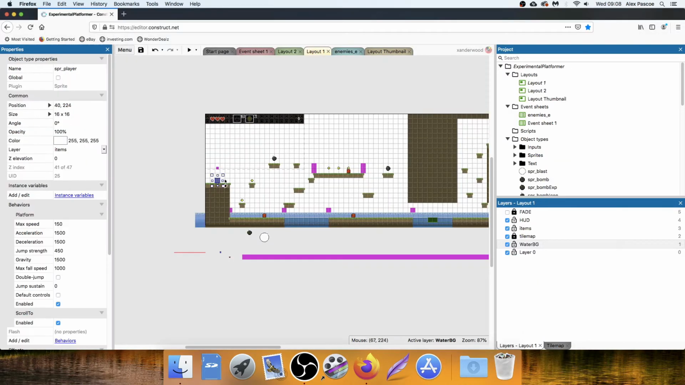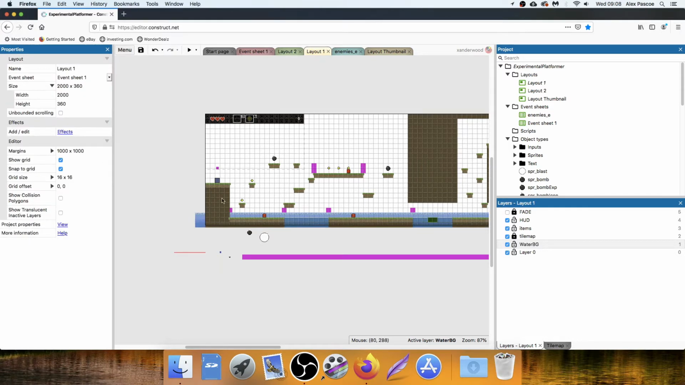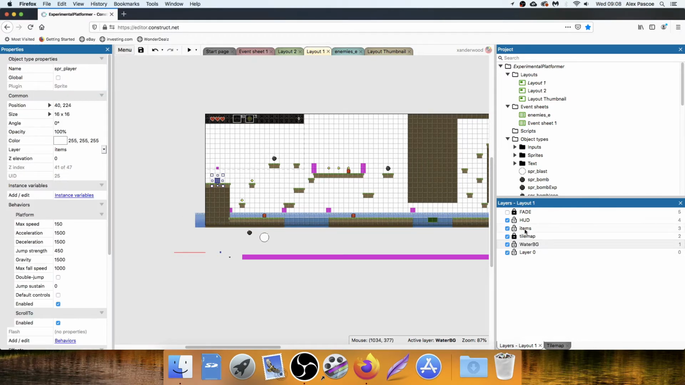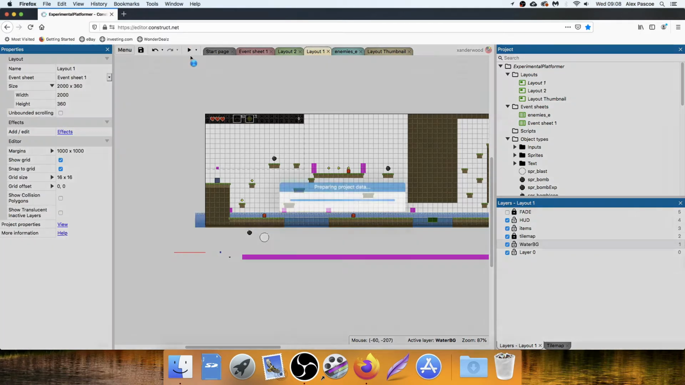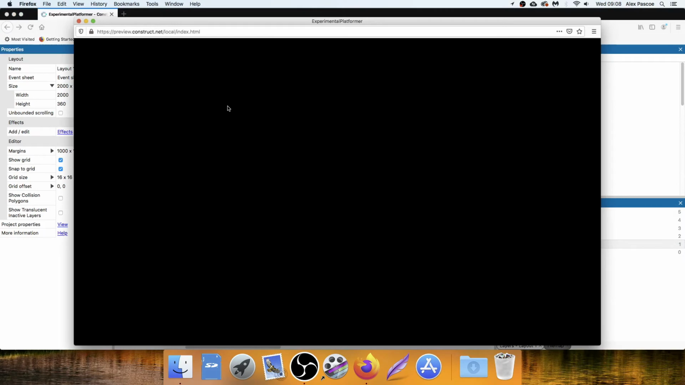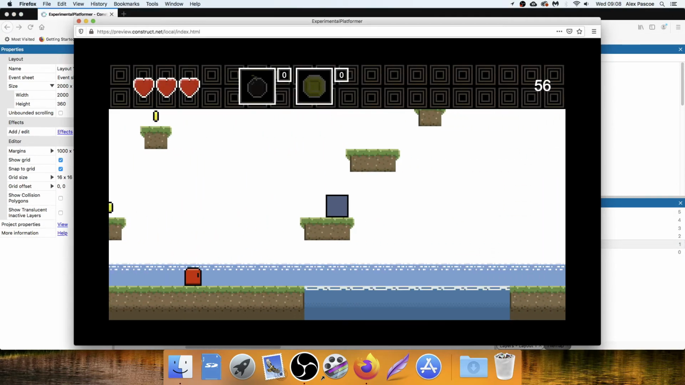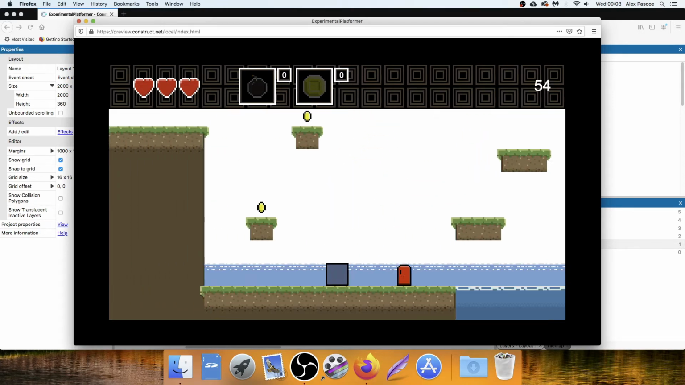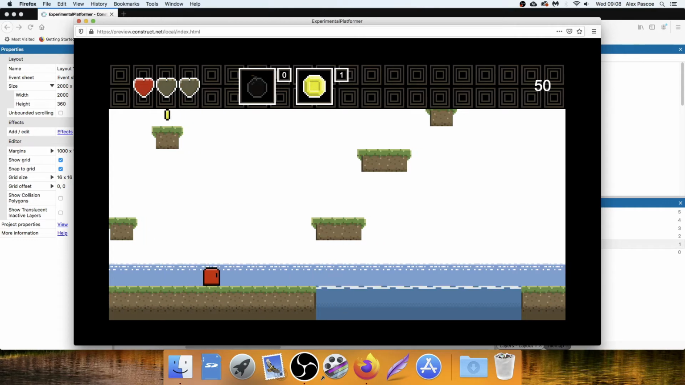Let's just double check: player on the items layer. What layer is the water background on? On the water layer, on the items layer. Water back. What? That shouldn't be happening. What have I not done? Oh no, here he is. Don't know why that was doing that. That was strange. Anyway, we're nicely in front of the camera now, in front of the water, and we fall